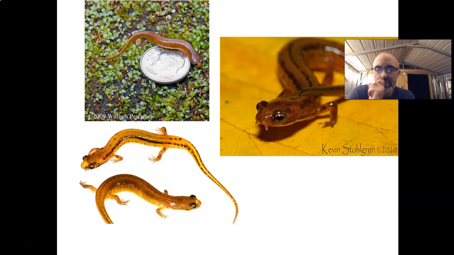So I want to talk about a couple more examples of how this has been specifically used in vertebrate zoology to inform taxonomy and classification. So this story goes, this guy, I'll say maybe it was Bill Peterman. He was a grad student of Ray Semlich's, who was sort of like an amphibian god. And I think it was Bill. So he is traveling through Georgia to go, I think, Savannah Riverside or something up in South Carolina. And he stopped overnight and was camped out sort of on the edge of the Piedmont, edge of the Blue Ridge, over in Habersham County, I think,